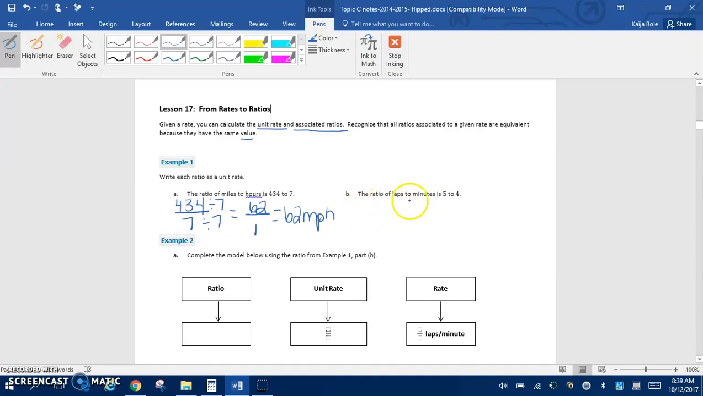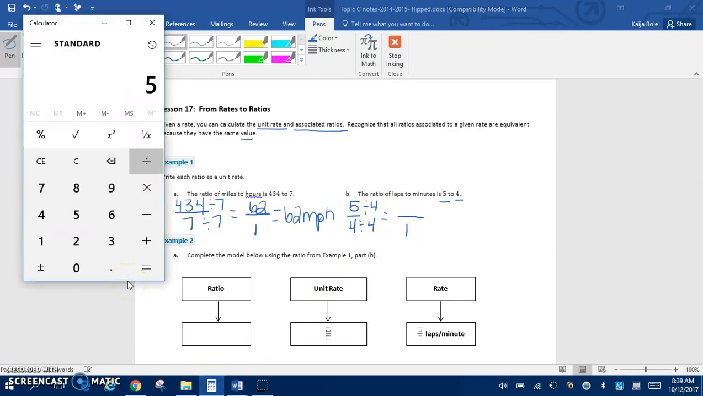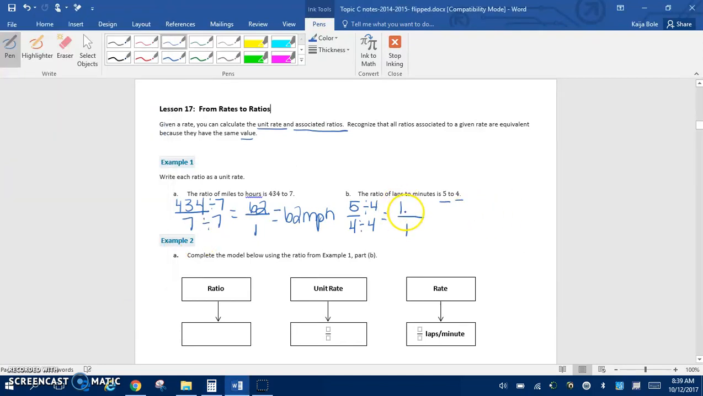Part B says the ratio of laps to minutes is 5 to 4. And we want to write it as a unit rate, so first we're going to write it as 5 over 4. Now we want it for 1 minute, so we're going to divide both numbers by 4. So we get 1 on the bottom, and now we'll do 5 divided by 4 in the calculator. 5 divided by 4 is 1.25. So we get 1.25 over 1, which is the same thing as saying